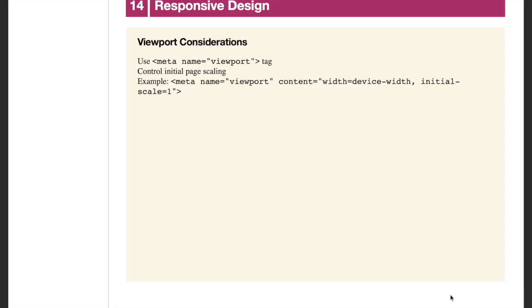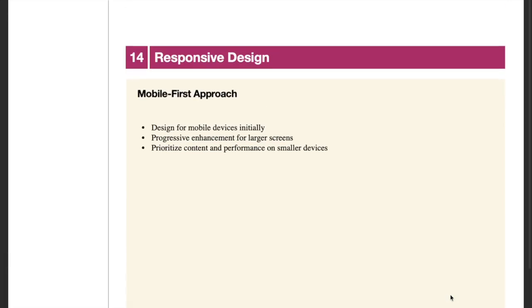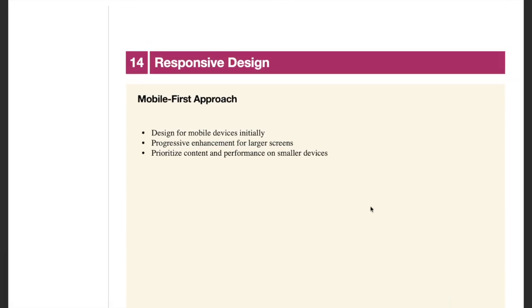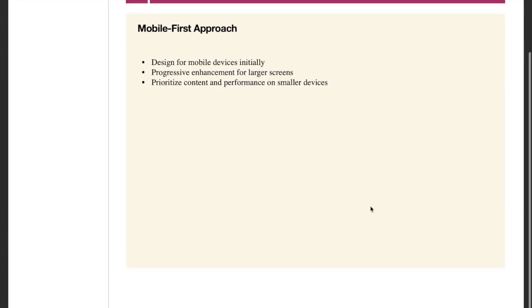So why do we do it in this order? Because it forces you to prioritize content and performance on smaller devices. Mobile internet can be slow and mobile processors aren't as powerful. If you load 10 heavy background images for a desktop site and try to hide them on mobile, the phone still downloaded them. Mobile first ensures you only load what is absolutely necessary. ठीक है, तो this is what mobile first approach slide explains. Now next slide,